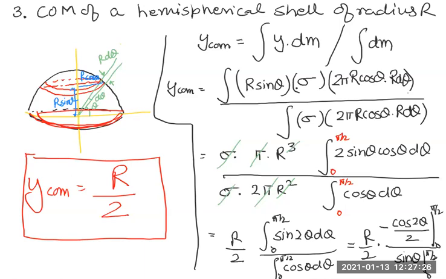We will get 1 upon 1, so the answer will be r by 2। ठीक है।